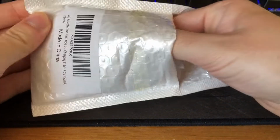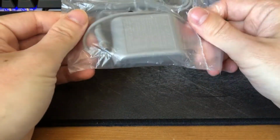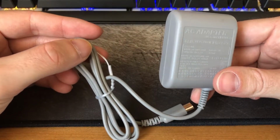So, nice. This thing right here, okay, totally sealed up. Let me rip that open and voila, okay. Take a close look at that. Ooh, you can read